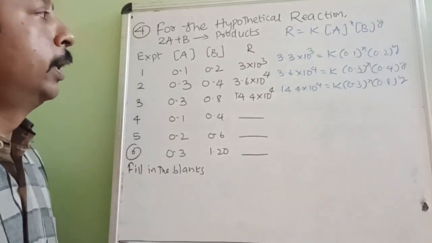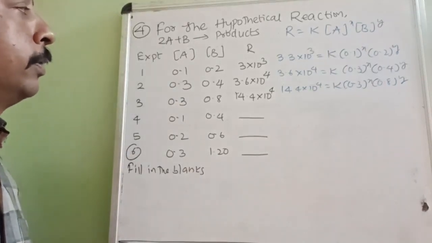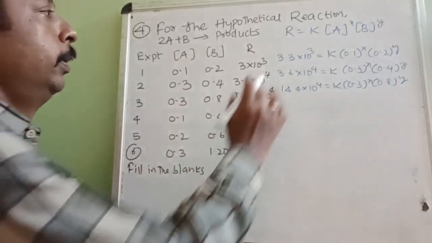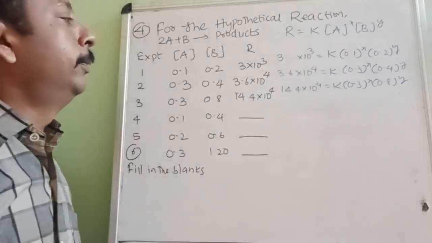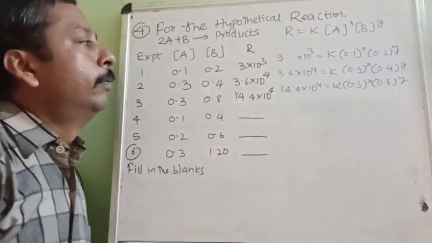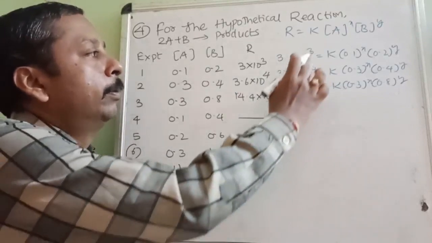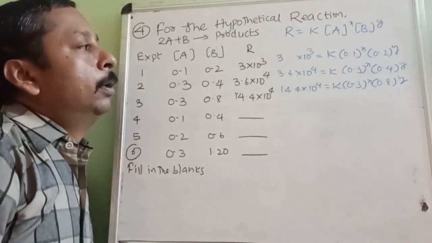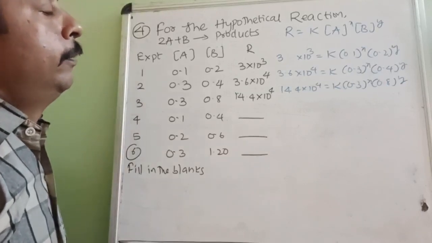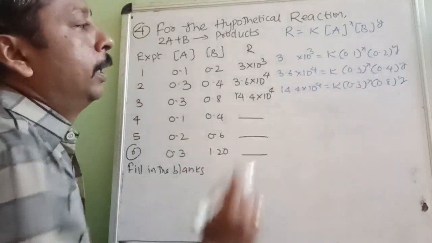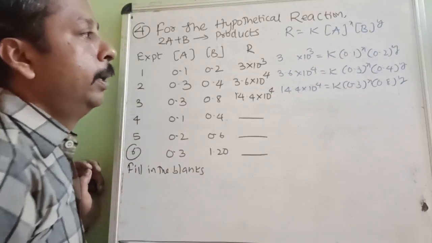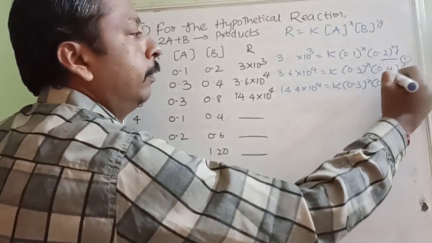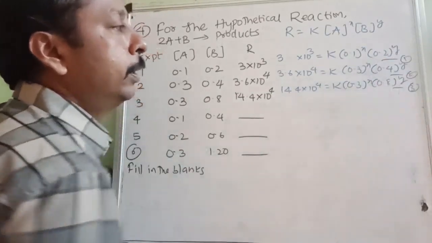Okay, can you guide me how to solve this question? It is not 3.3, it is only 3. And one more thing you should keep in mind: it is 3 into 10 to the power of 3. Very difficult question. They are not cancelling out, but can you handle it? Let us take these as equation 1, equation 2, equation 3.